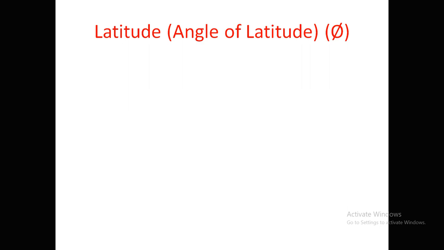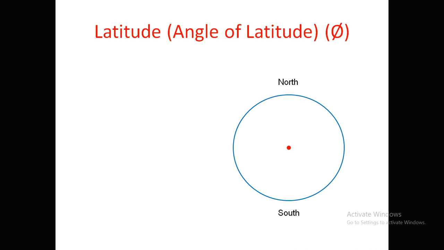So how will it be? Let us see what is meant by latitude. This is our mother earth, where the top one is the north and the bottom one is the south. For example, the top one is the north pole and the bottom one is the south pole. If you join these two, we will get the Greenwich line. Okay, so this is the center of earth O, and this is the equatorial plane, that means which is perpendicular to the Greenwich line. So this plane is the equatorial plane.